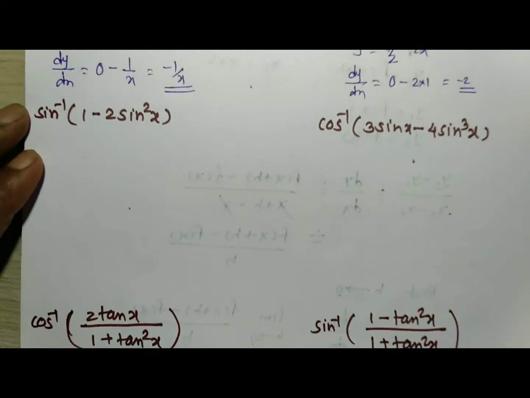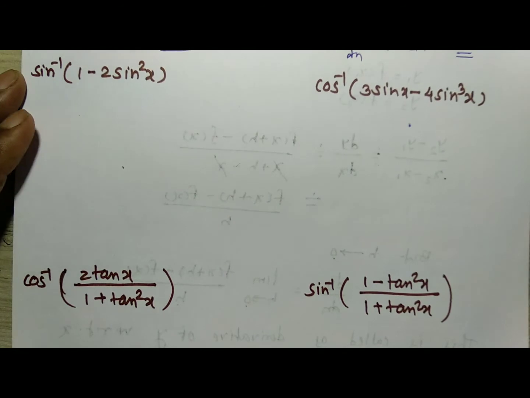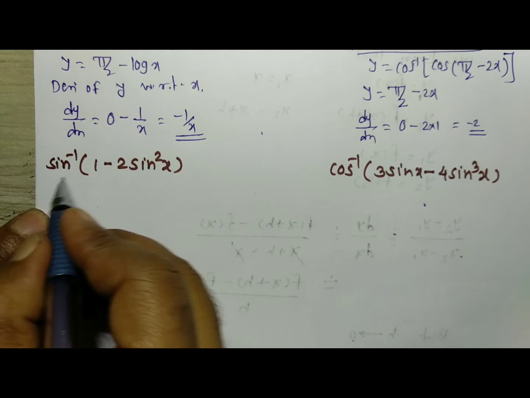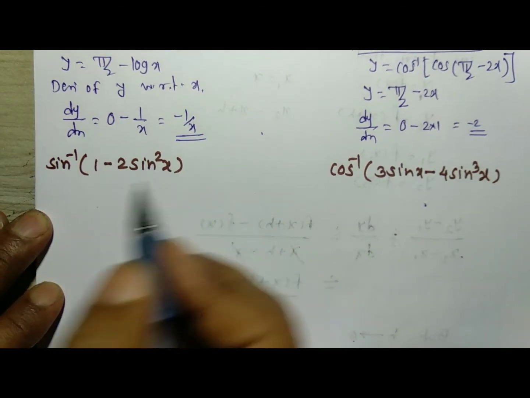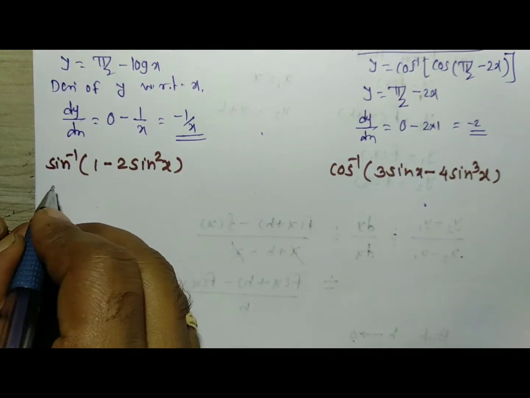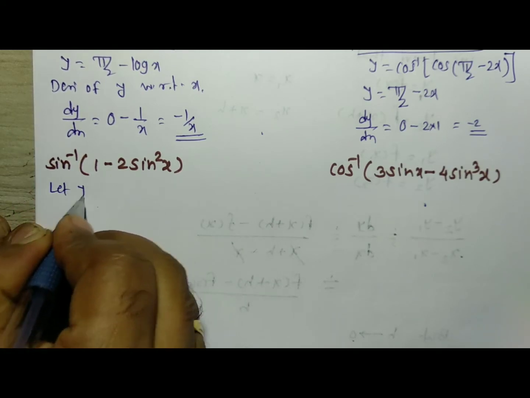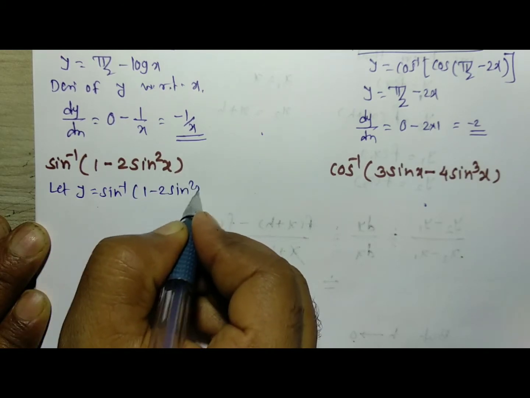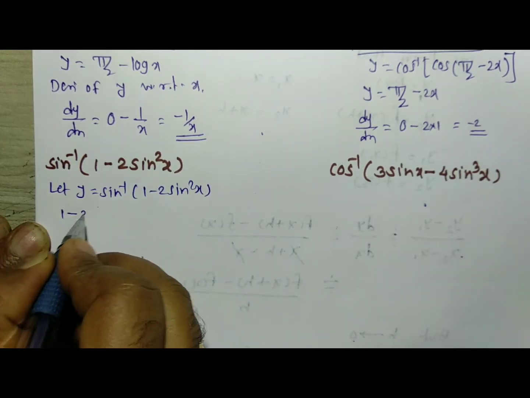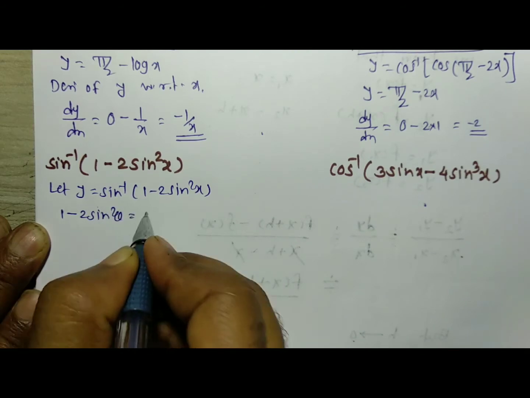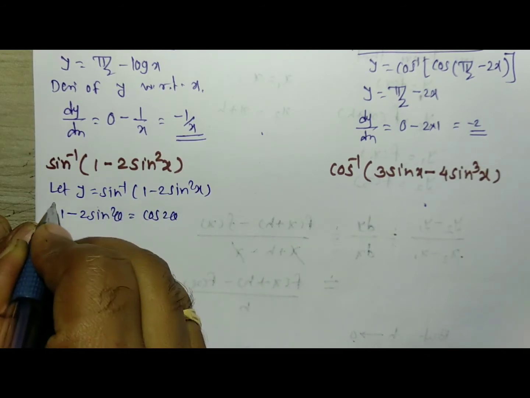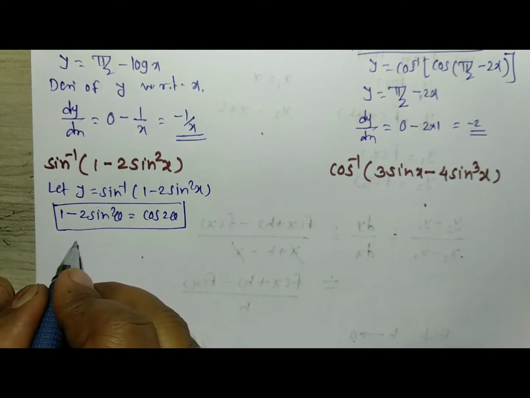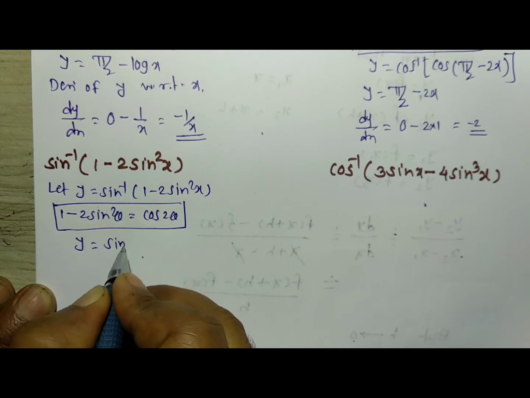Now similarly, you can go on with another example, which is sine inverse of 1 minus 2 sine square x. We know that, let y is equal to sine inverse of 1 minus 2 sine square x. We know that 1 minus 2 sine square theta is equal to cos 2 theta. This is one of the double angle formulas, cos 2 theta, and therefore you get y is equal to sine inverse